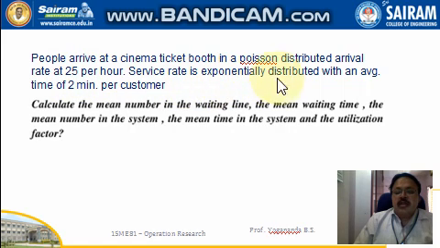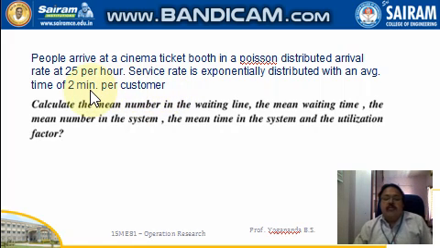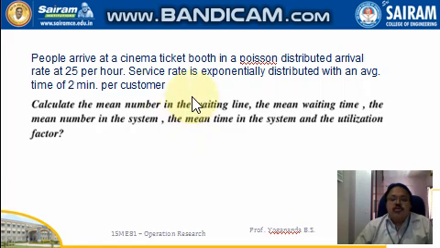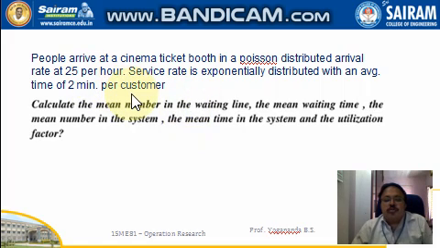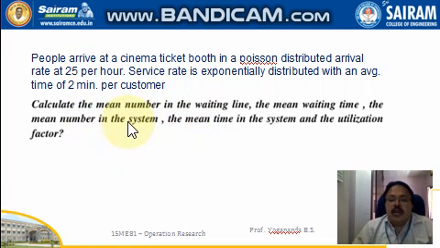The service rate is exponentially distributed with an average time of 2 minutes per customer. So that is for serving one customer, the time taken is 2 minutes. Both should be in hours or both should be in minutes. So calculate the mean number in the waiting line. Mean here means the average number of customers in the waiting line, the average waiting time of an individual customer, the average